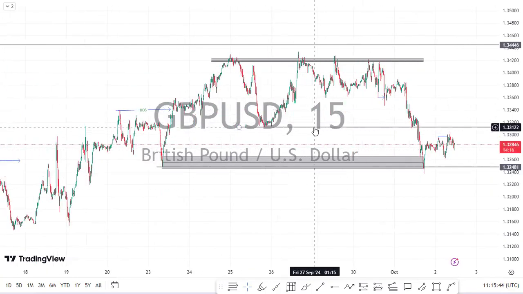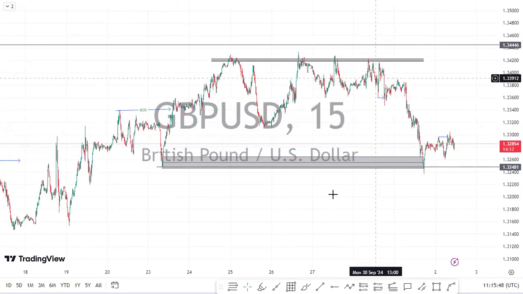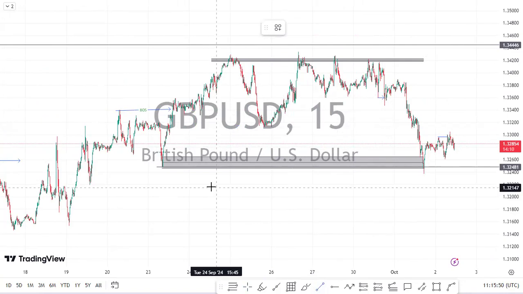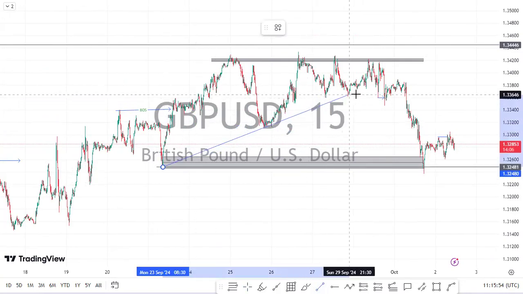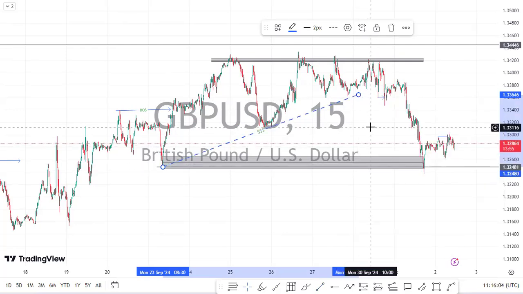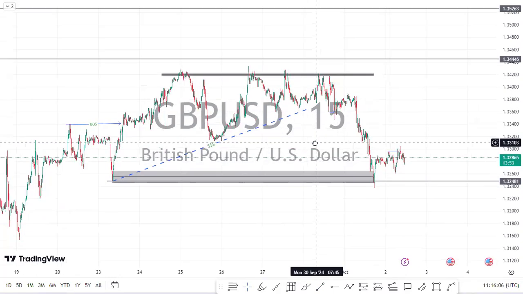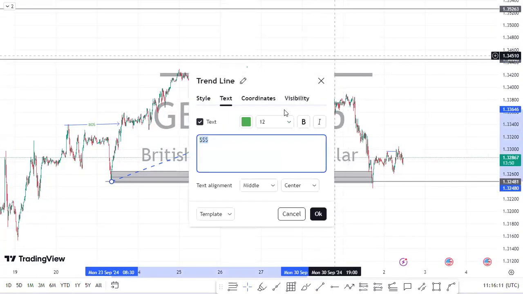everything here was just a liquidity pool for price. So clearly now, here, the trend line, as I used to say, is liquidity for price. You can see, so this was liquidity, and price has come to do what? To clear all the liquidity below that place. So moving forward now,